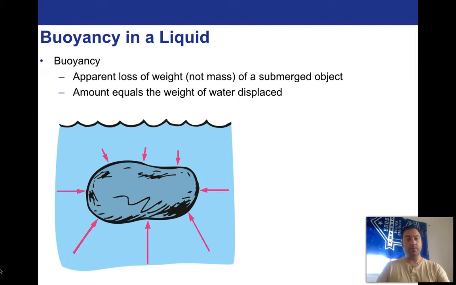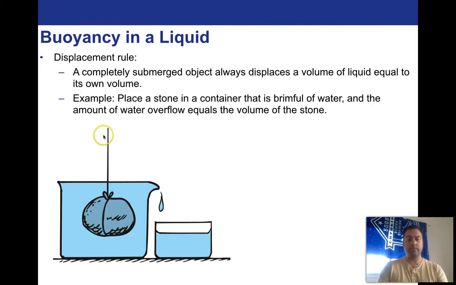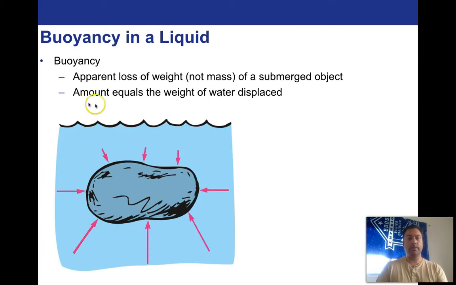And that buoyancy force, the apparent loss of weight, I should say, is equal to the amount of the water that is displaced. So what do we mean by displacement? Well, it means the amount of water that's pushed out of the way. If you weigh that water that comes off of that, it's equal to the force that is being subtracted off of the weight of that rock if you were to submerge it at the beach. I highly recommend that you do it. You'll really get a better understanding of buoyancy if you do this.